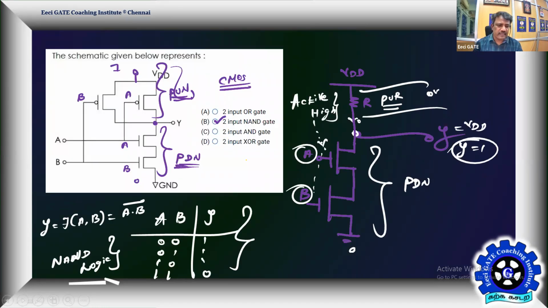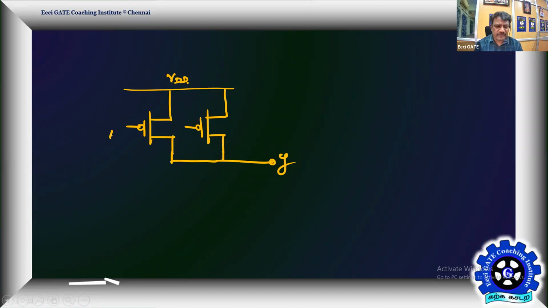See, PMOS means the top will be source, the bottom will be the drain. The 2 drains of the PMOS transistors are connected to form your output Y. A and B are the input excitations. Here this is given as B and this is given as A. Swapping the inputs A and B is not an issue. Now, if you don't have a pull down network, you can use a pull down resistor. You can play like this also. The result is the same. It's a pull down resistor and pull up PMOS switches.